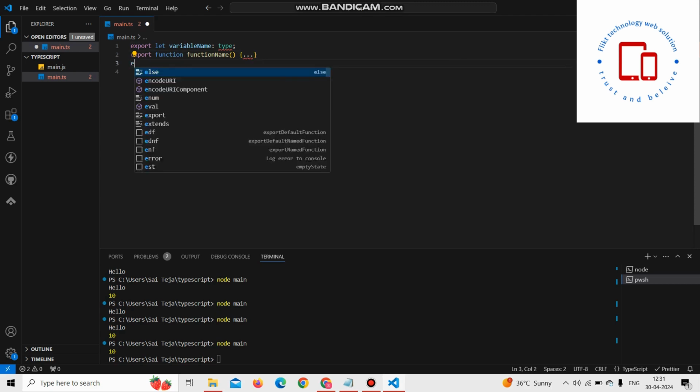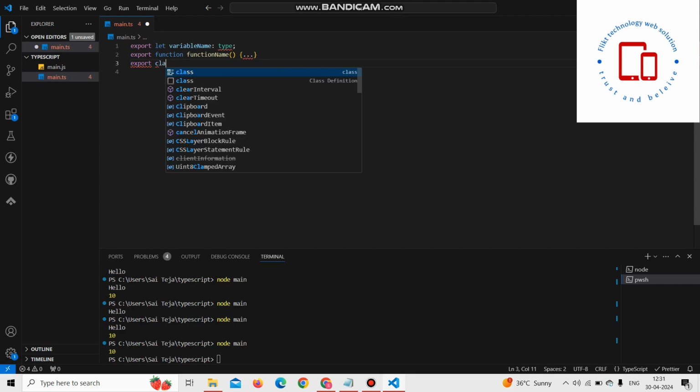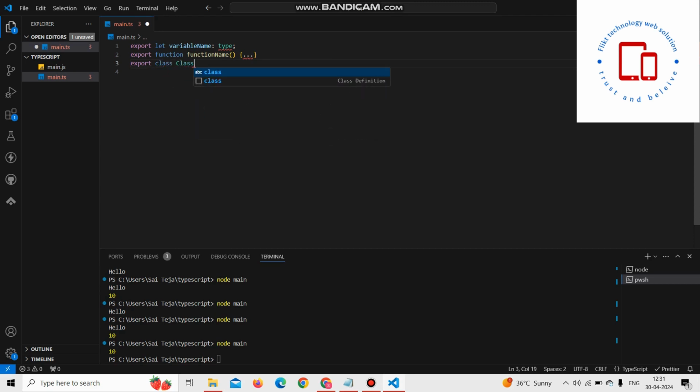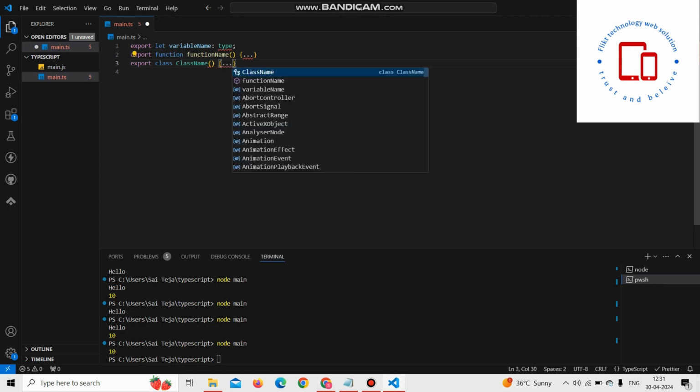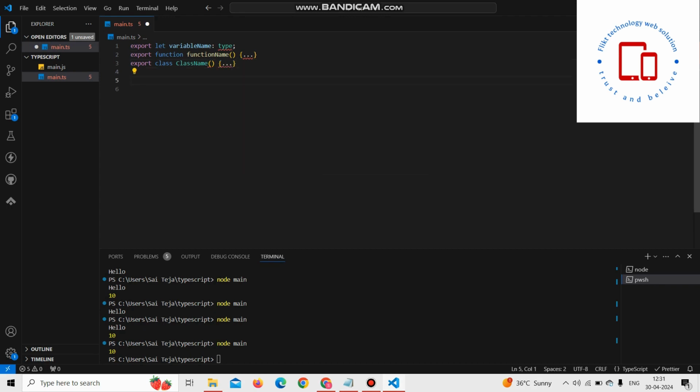Next, to export a class, export class name. And for importing into a module, to import specific exports, for that, import